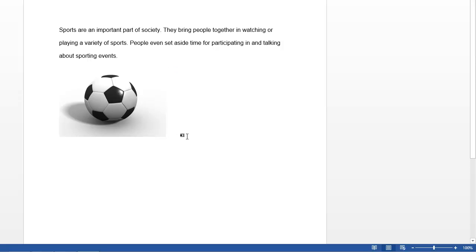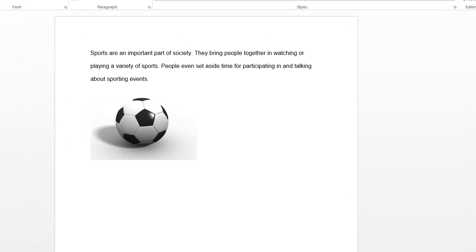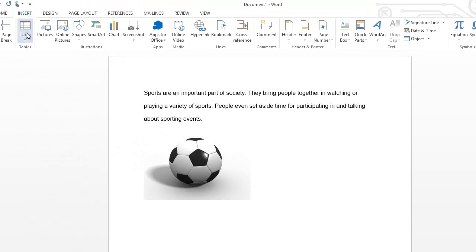Next, if you click off of the picture, you will see the cursor at the end of the picture on the right. So we want to hit the Enter key once so we can go to the next line, and we are going to insert a table about sports with some fictional data. So if we want to insert the table, we are going to go back to the Insert tab, click on the table,